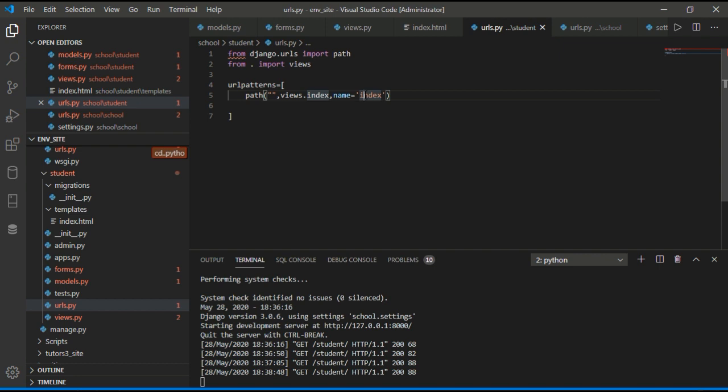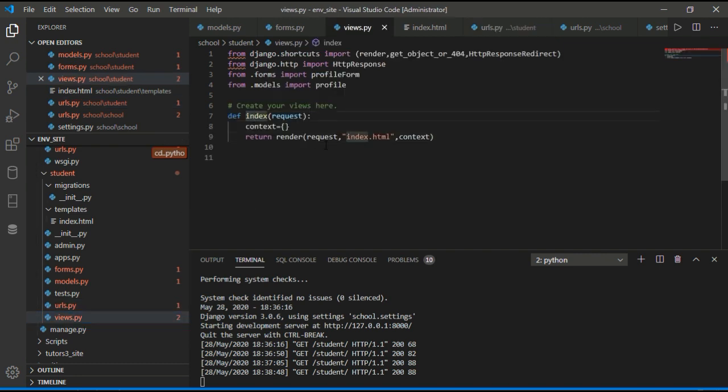And in the student.urls.py, for the index view, we have index, and in the views in the index function we have given index.html. That is inside templates directory.